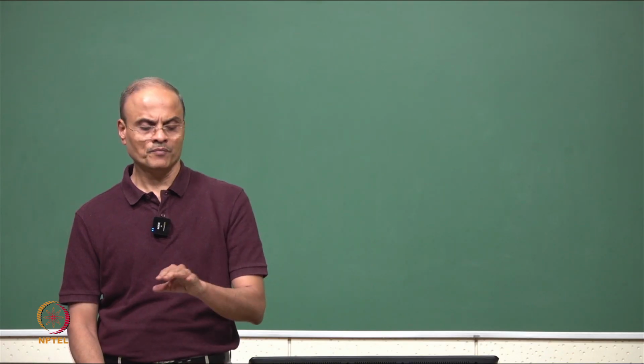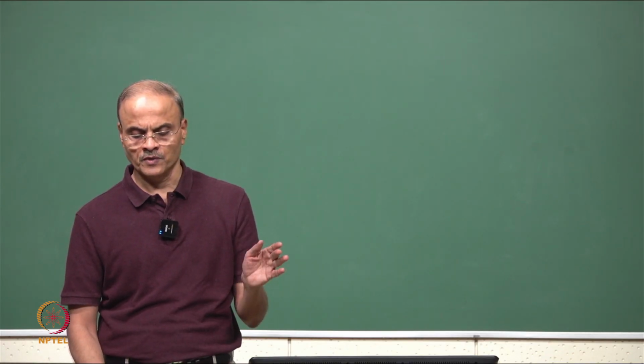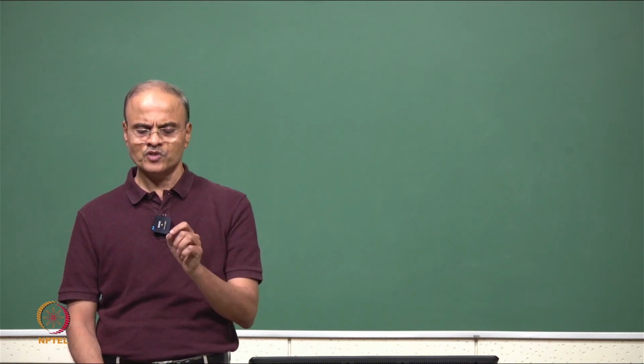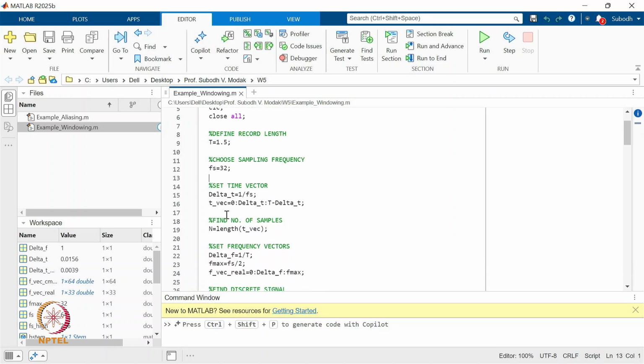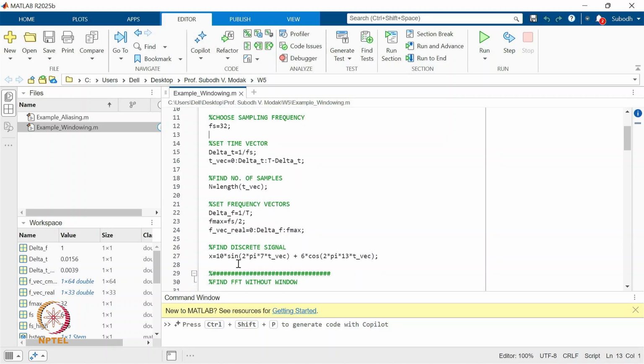So, although the signal is given to us, we are choosing a record length which is something arbitrary like 1.5 second, right. So, I have taken 1.5 second as the record length here, and then the sampling frequency is 32 hertz, and this is all the same basically till here. This is the signal which is discretized, which was given to us,